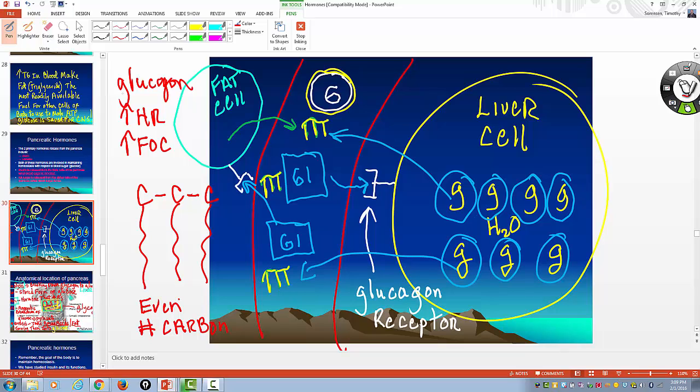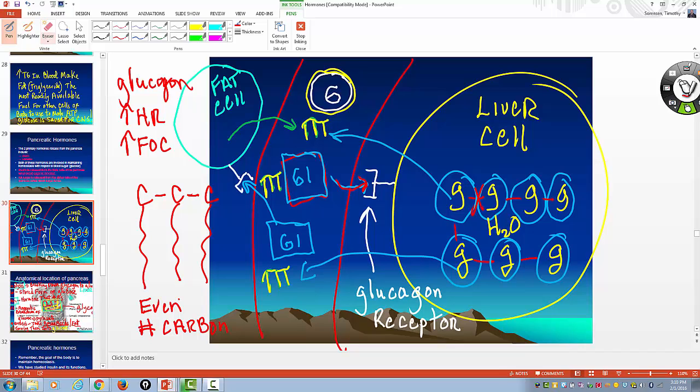So what you need to understand is that glucagon is released from the alpha cells of the pancreas when your blood sugar is low. Its effects are primarily on the liver and fat cells in metabolism, and when your blood sugar is low, you want to raise it. Where do you store extra glucose? In the form of glycogen, which is glucose chemically bonded together and stored with water. You store that in your liver. So when glucagon binds to glucagon receptors in the liver, it's going to cause the glycogen bonds to be broken,